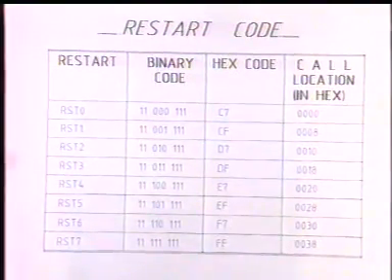Now with this, these RST instructions can be used for software interrupts, which is for debugging purposes, or they can be used for writing certain other specific programs. Now, if I explain the total block diagram of the interrupt mechanism, which is normally supported by 8085, you see